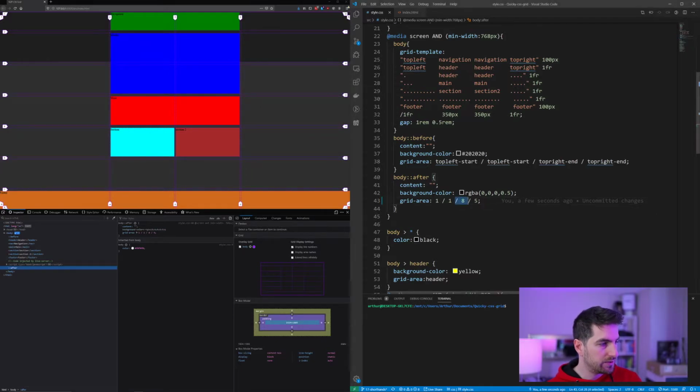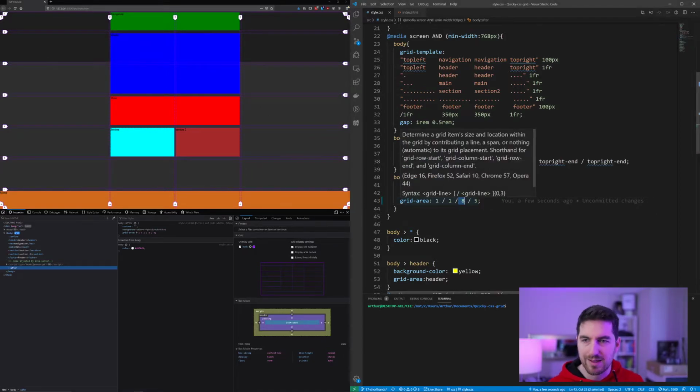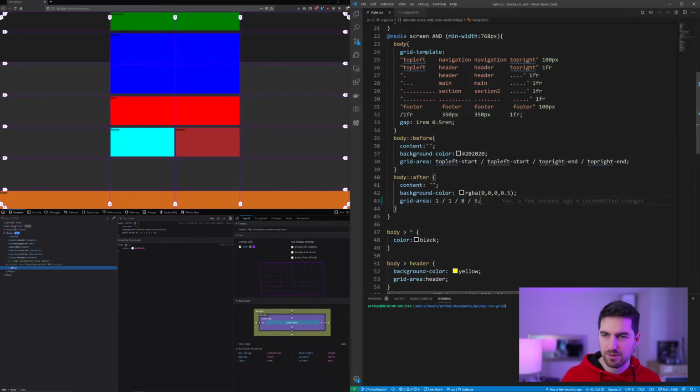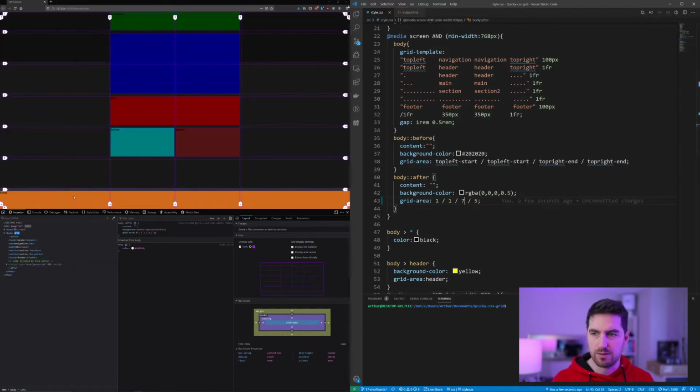But this line counting is not very convenient, because if you were to change your grid, if you wanted to go and refactor your layout, you might come into a situation where you just add a new line, for instance. And let's say if I save this, there you go, you add a new line, and now your footer